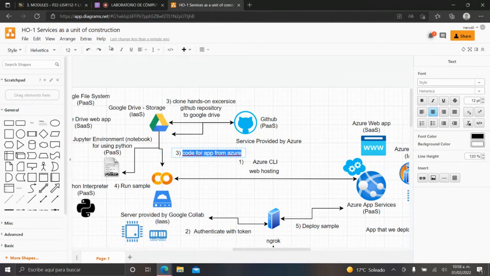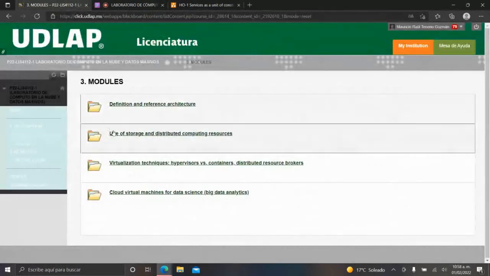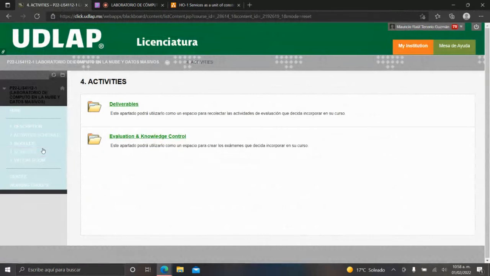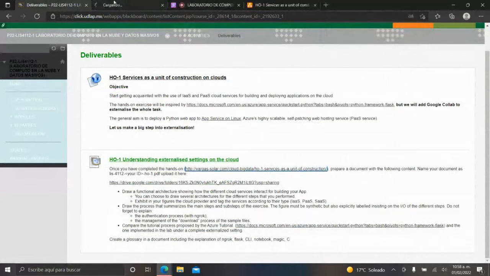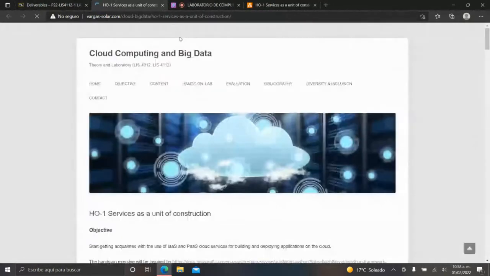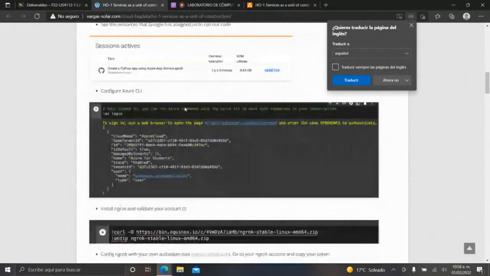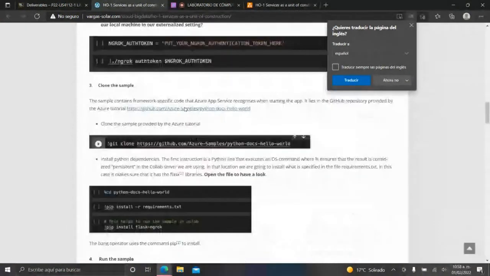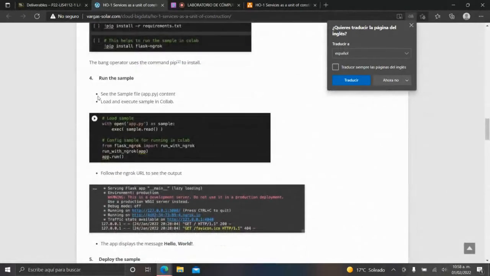That instruction, what we did is we connected to git, but not the git of myself and Javier, but the git of Azure, and we cloned the code provided with the Hello World application. And it was cloned on the Google Drive. Oh, okay. So this sample,